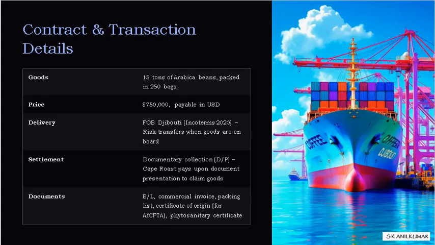Settlement is DP, documents against payment. Cape Roast pays upon document presentation and claims the goods. The BL is to be provided, the certificate of origin, and then the commercial invoice. How the transaction flows: